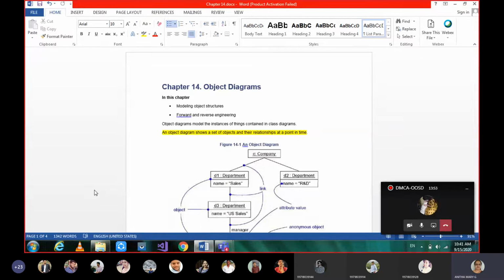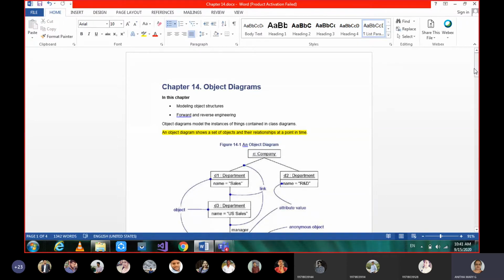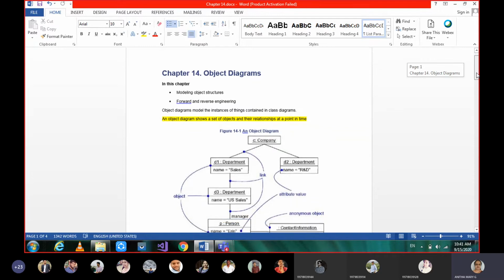Okay. So just now we have discussed what an object is and what the different types of objects are. As an object is an instance of a class, the types of objects we learnt about are named object, anonymous object, multi-object, and orphan objects. So we were aware of all this terminology. With this, let's see what the diagrams are here.